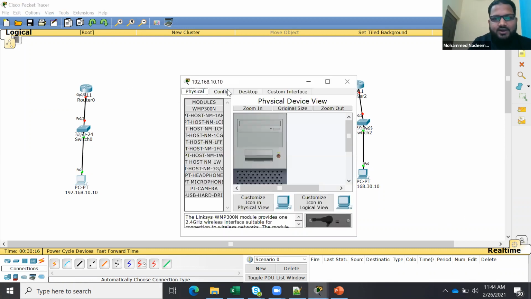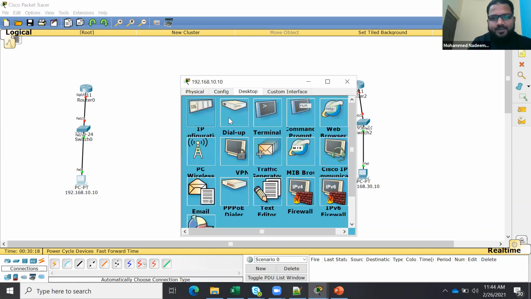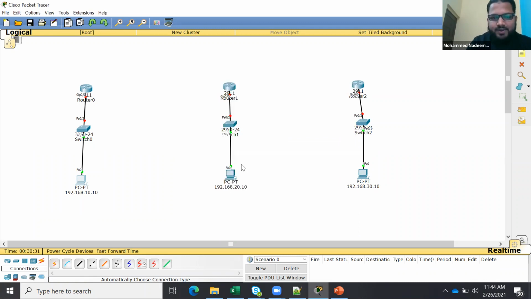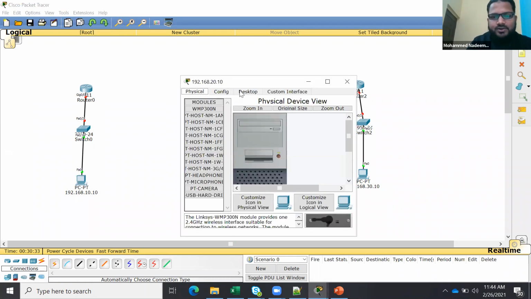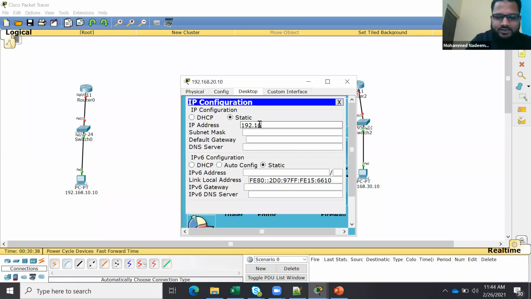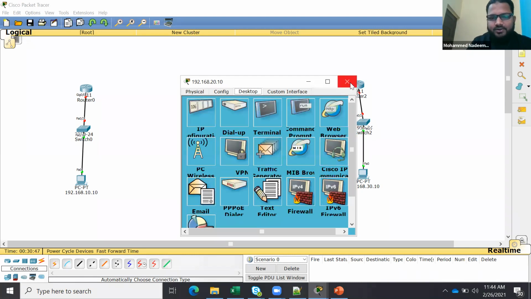So let's start. I always start from the basic. I'm giving 192.168.10.10, and I'm also defining the gateway 192.168.10.1. This is what I planned. So always plan before going to advance. Always go from the bottom and try one by one. Next, 192.168.20.10 and the gateway 192.168.20.1. So this is another.